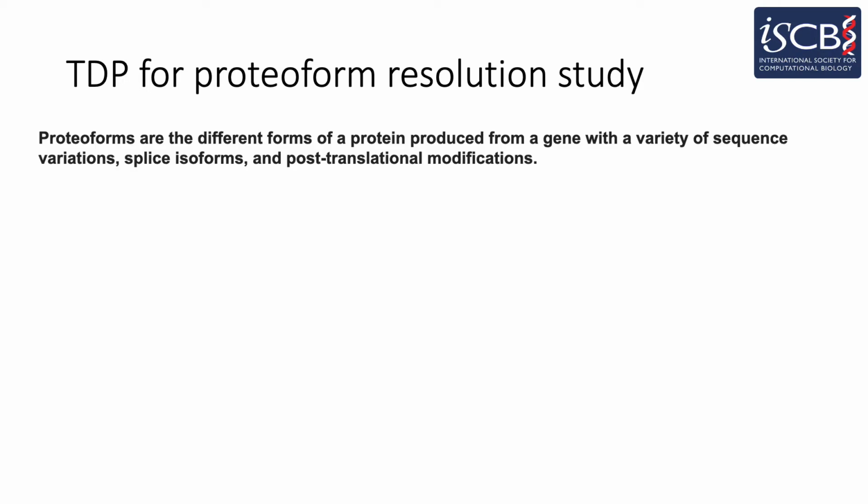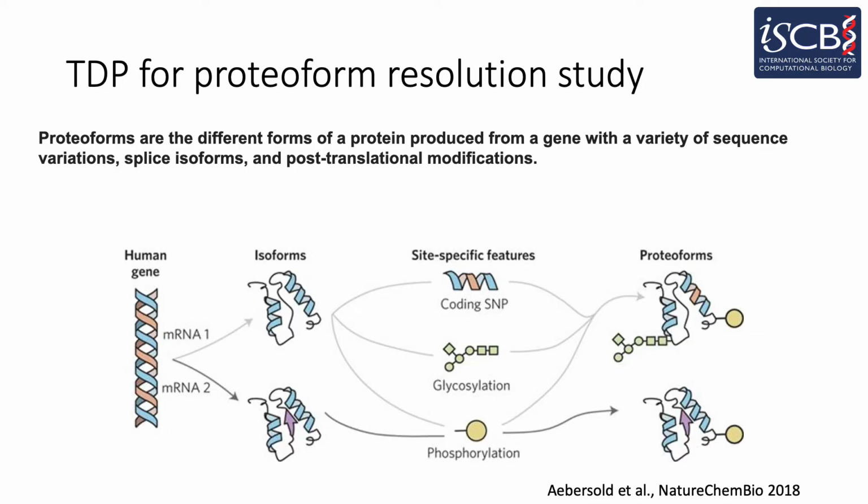Top-down proteomics is therefore suitable to study proteoforms. Proteoforms are the different forms of a protein produced from a gene with genetic variations or post- or co-translational modifications. Since proteoforms provide higher resolution and phenotype-closer information than proteins, they are gaining more attention in medical and clinical